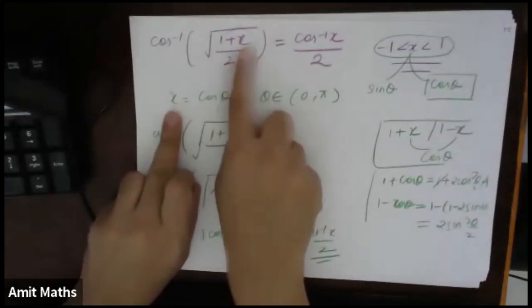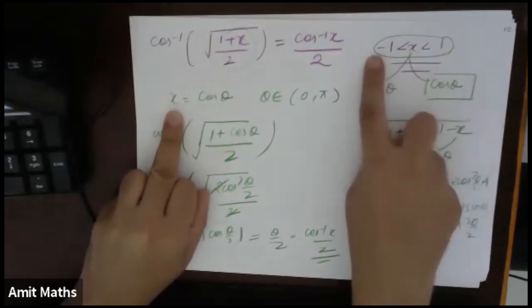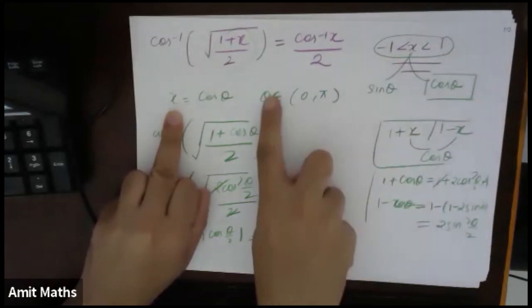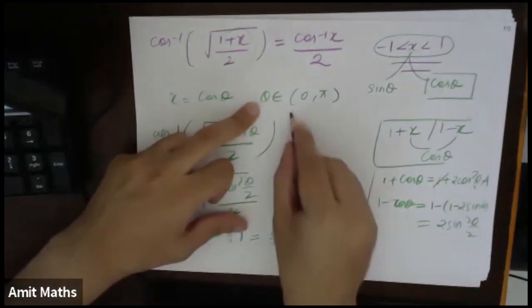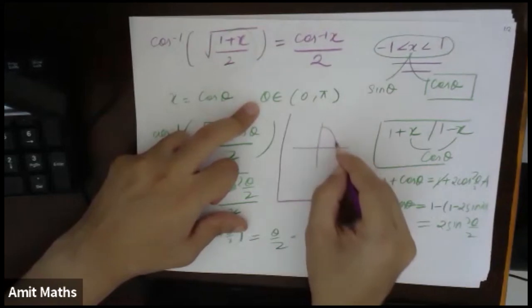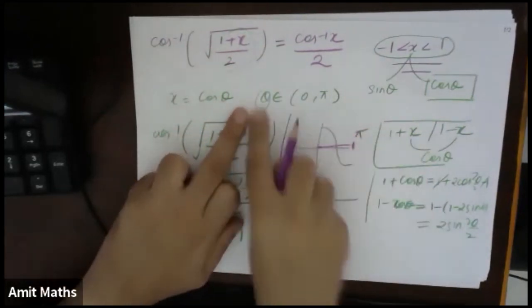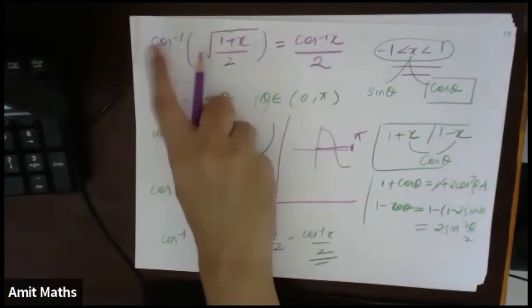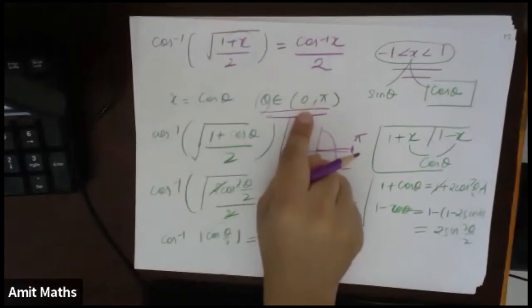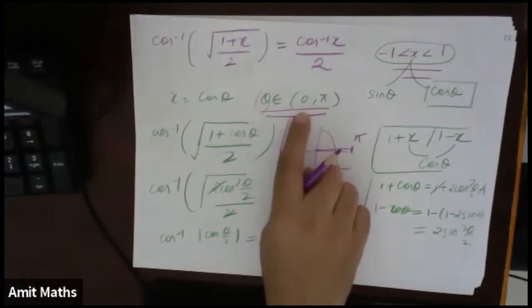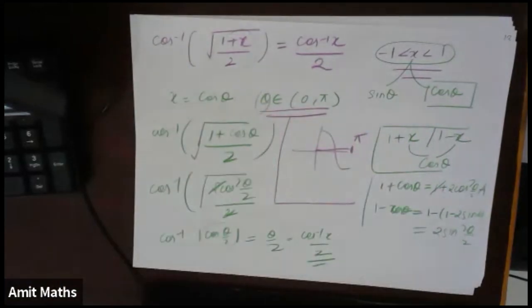So if I have taken x is equals to cos theta, and x is from 1 to minus 1, then simply I can say that theta belongs to 0 to pi. Why? Because the curve for cos theta will be something like this, and theta will take values from 0 to pi. Because it is cos inverse, that is why I'm mentioning the range of theta in which it lies. If it was not inverse, I wouldn't even have bothered, but it can take any real value.